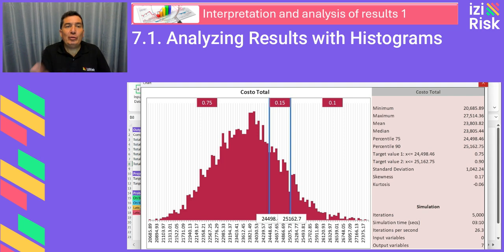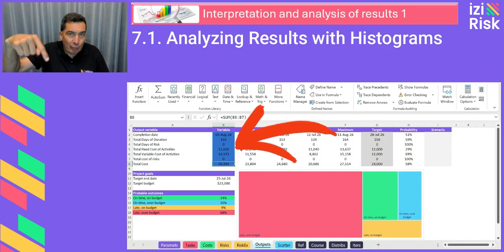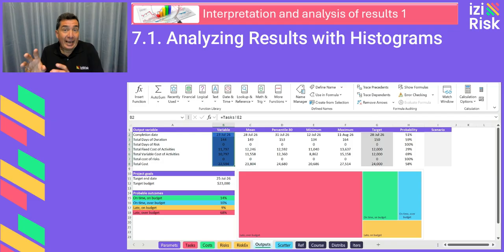Now, why do results change with F9? Every time you press F9 recalculation, new random values are generated. So cells from B2 to B8 change. So we don't make decisions based solely on those cells. That's why the analysis is based on the histograms and/or the statistics in columns C to H for each